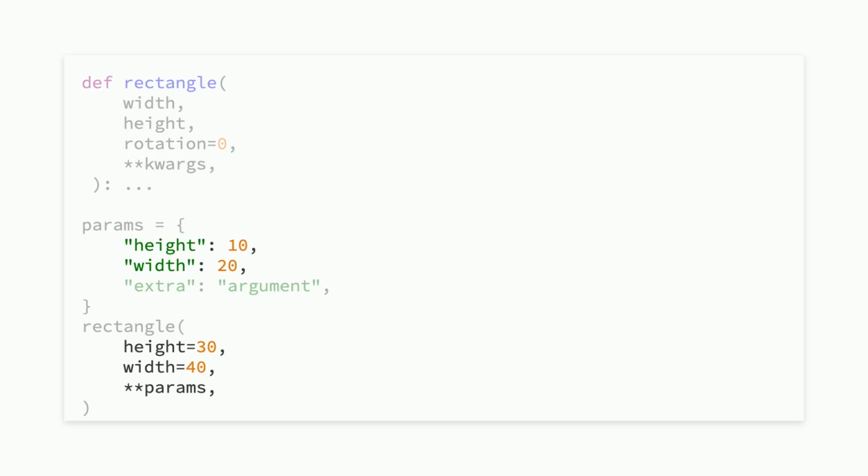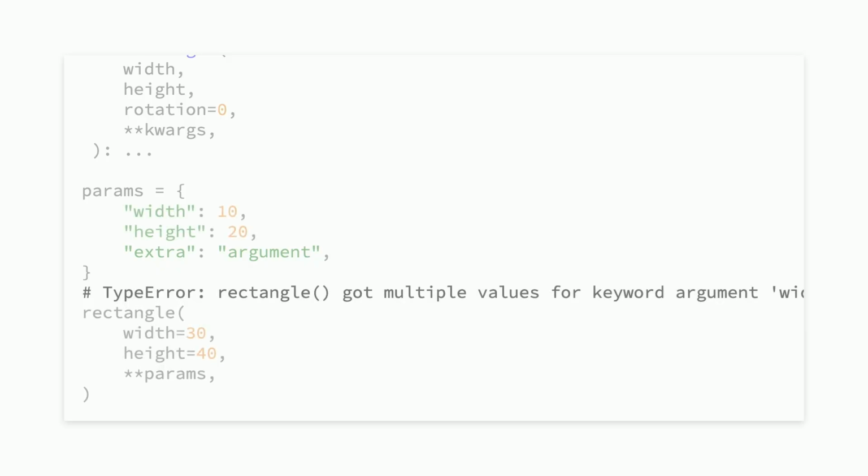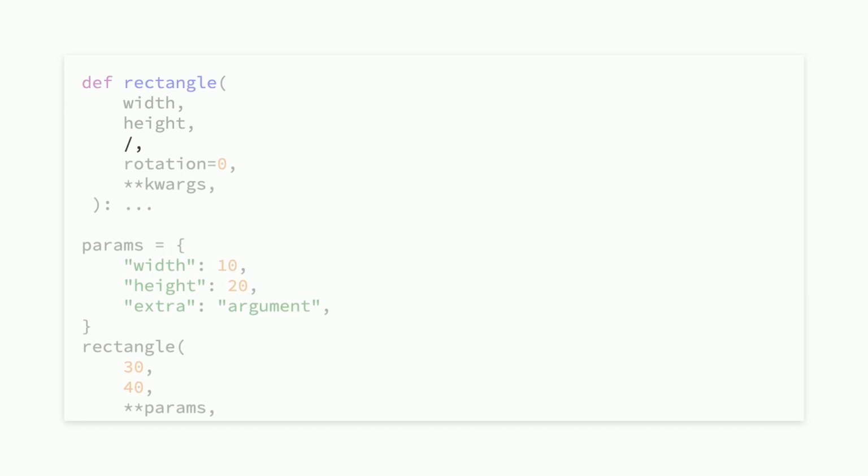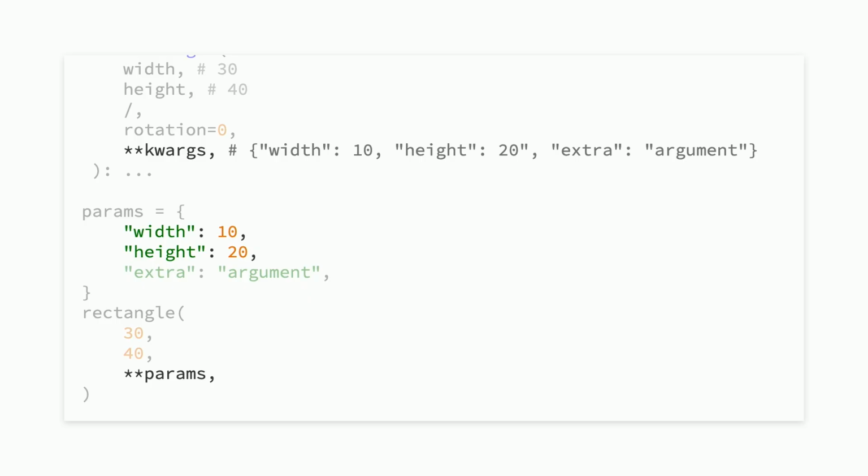Anyways, where were we? A question you might have about double star is, what happens if arguments are provided in the function with the double star? Well, Python will nicely tell us that we've made a mistake. And we'll get the same error if they're passed in as positionals instead. And if you did want to make it such that this was okay, there is one thing that you can do. And this is the last of the 3 cases that I mentioned earlier, if you noticed, as another use of slash to enforce these positional arguments. Making it such that those extra keyword arguments are forced into kwargs.